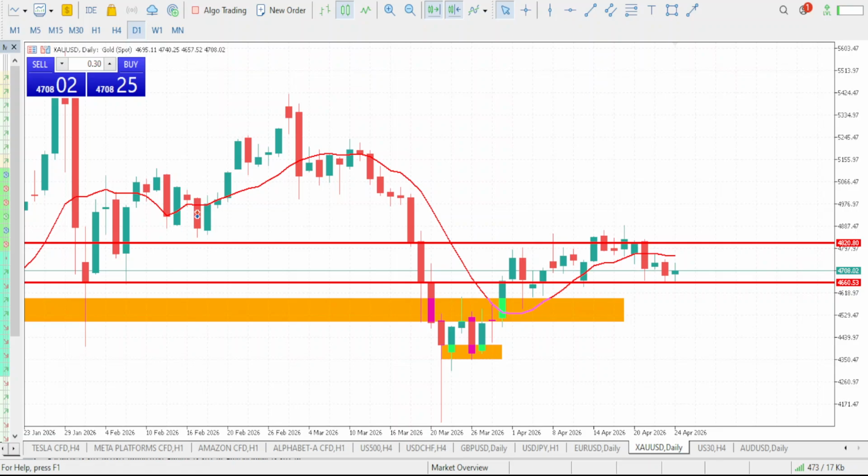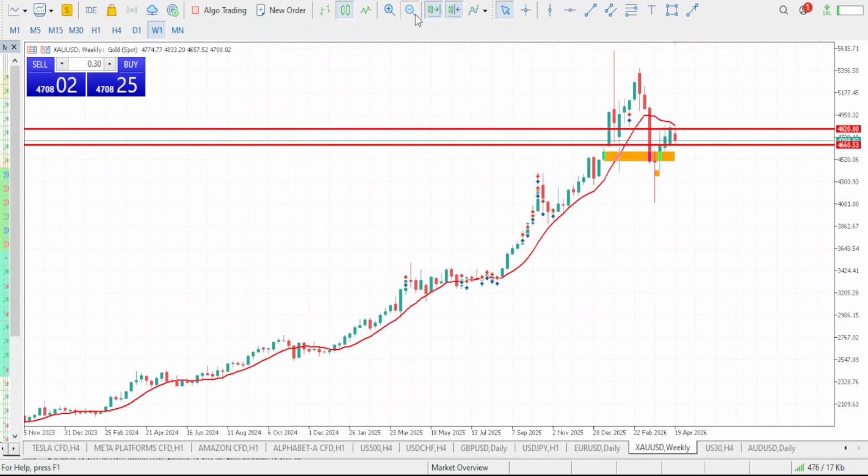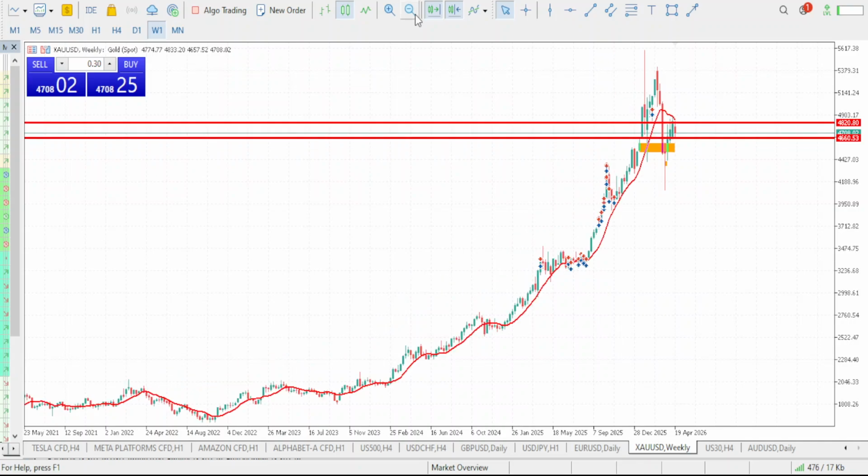So guys, now let's take a look at what we are going to be expecting for the week on our gold. So remember, we need to know what the trend is, right? And since we want to know what markets will be doing for the week, we need to go to our weekly time frame. So what can you say the trend is on your weekly time frame? It is very clear that this is an uptrend move. You can see that market is trending to the upside.